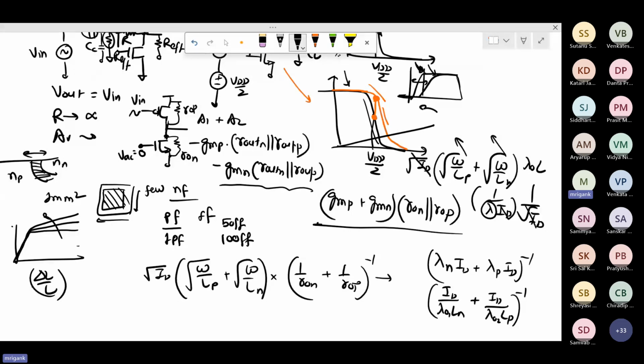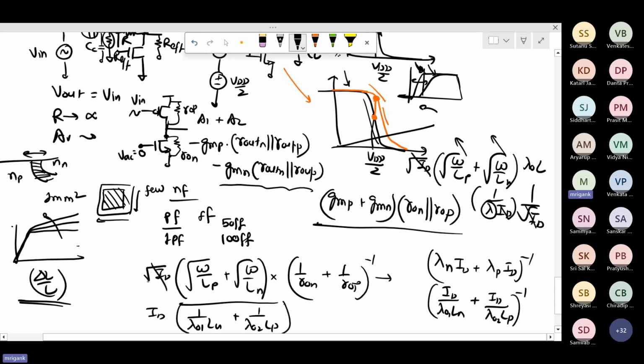So I'm assuming this part we have seen in the derivation of lambda and the derivation of the MOSFET current characteristics. If I assume that, then this is the condition, and then I can just bring it here. You will get ID out here, and then you will get the 1 upon lambda naught. These are just constants: Ln plus 1 upon lambda naught 2 LP. So 1 upon root ID we are getting. Definitely reducing the ID will improve the gain.